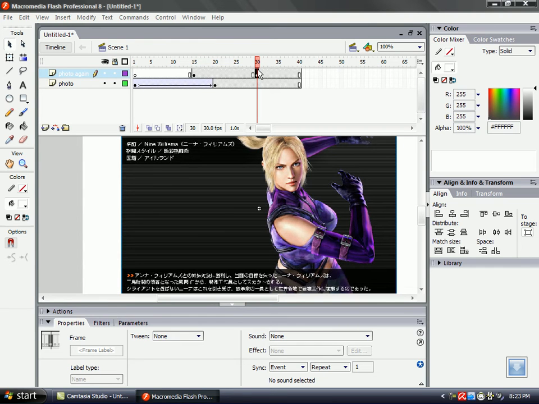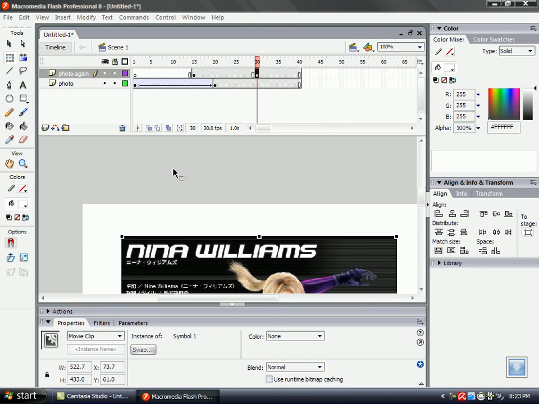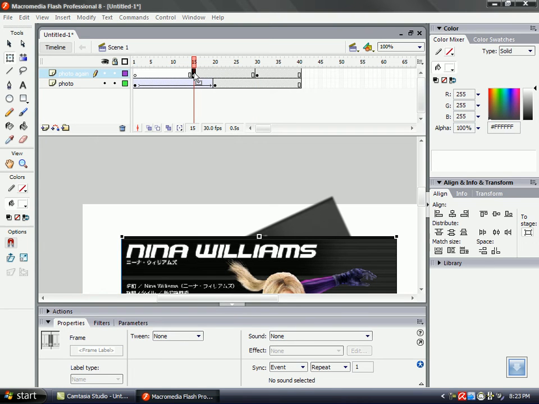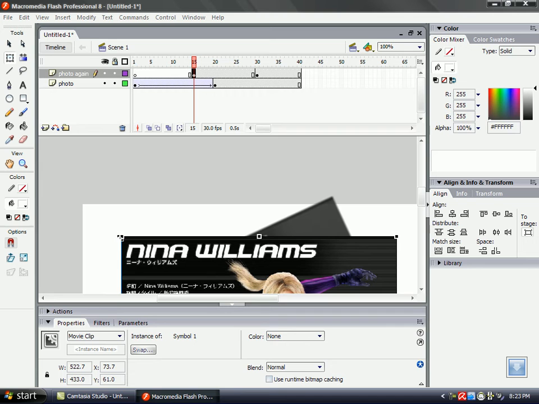Select the Free Transform tool again to enlarge the photo. Go back on frame 15. Select the Free Transform tool again, then decrease the photo again.